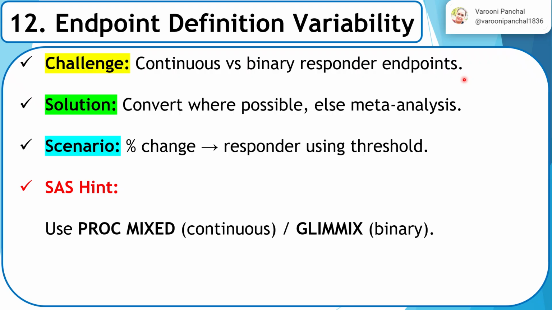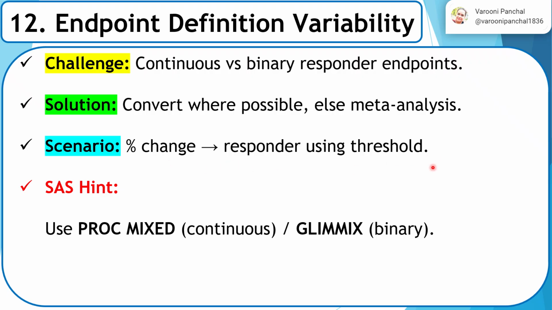So in those scenarios, the solution is only to convert wherever possible, and you can use the meta-analysis. So say a scenario could be the percentage change was used in one of the studies, whereas in most of the studies you have the binary responder endpoints. So it's very comfortable to change one study rather than changing all 11 studies, right? So you can change that one study which is there in percentage change, you can convert it into the responder